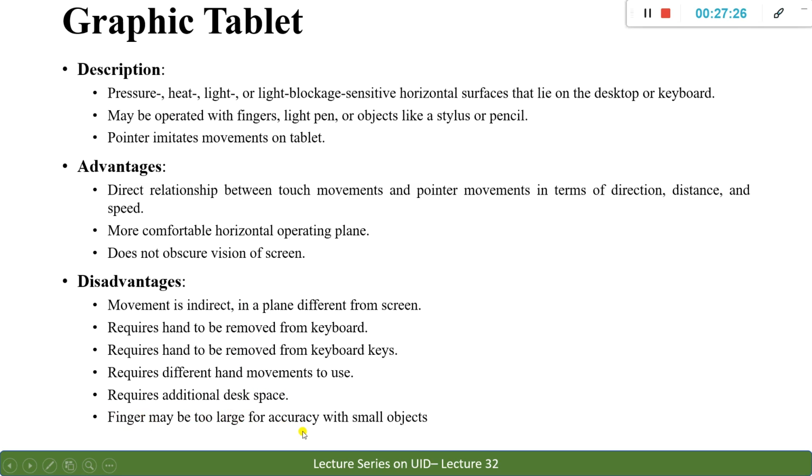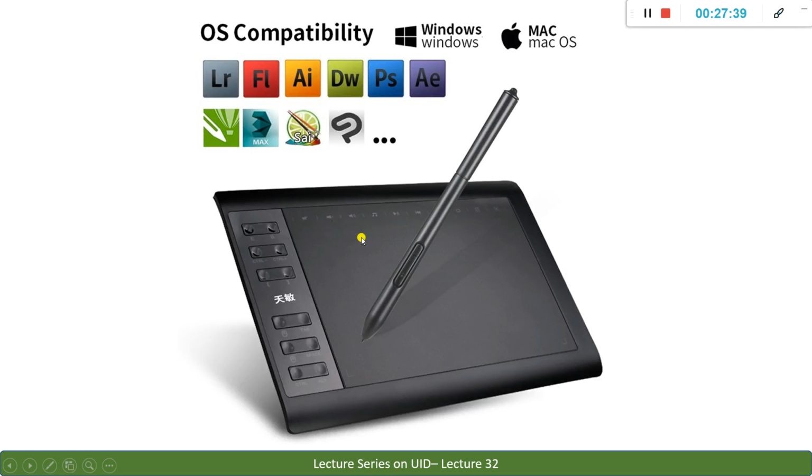Fingers may be too large for accuracy with small objects. So if you are using a finger as your pointer, then you will have less accuracy. If you see that in the diagram itself, when you sketch, you may have to have a very thin line, correct.